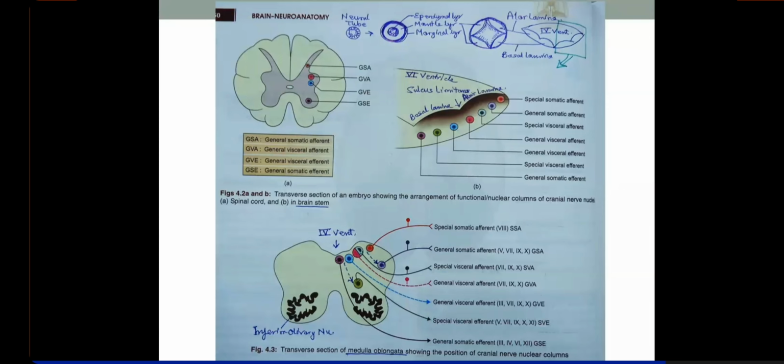All of them are named according to the trigeminal: mesencephalic, then you have the main sensory nucleus, then you have the spinal nucleus of trigeminal. Okay, so sensations afferent from the face will be brought in here, but there are sensations from the facial nerve also. Like the facial nerve, remember I told you, is also bringing sensations from some part of the pinna, including the external auditory meatus, as well as from the vagus also.